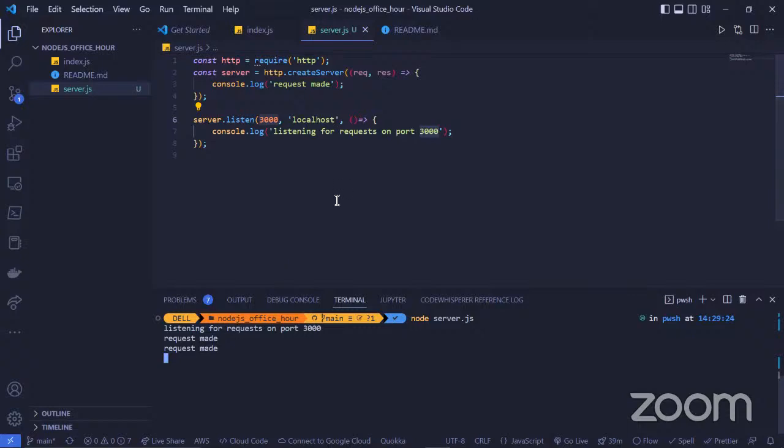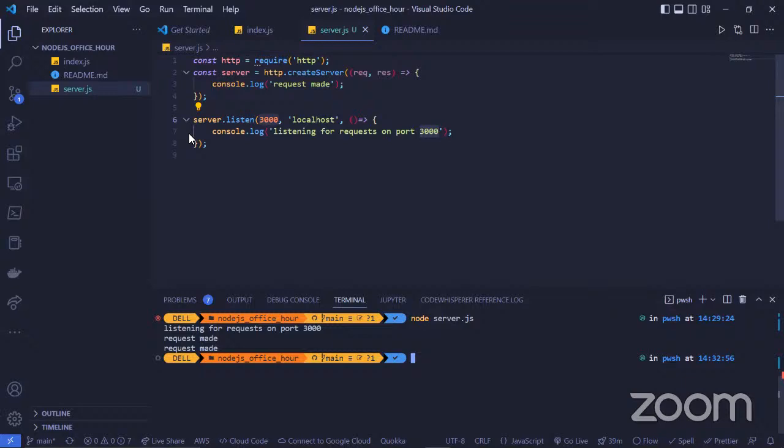So I'm listening for requests on port 3000. I reloaded the page and it said request made. So basically your server is working. Your server is running. And I use Control C to stop it, so everything is stopped.